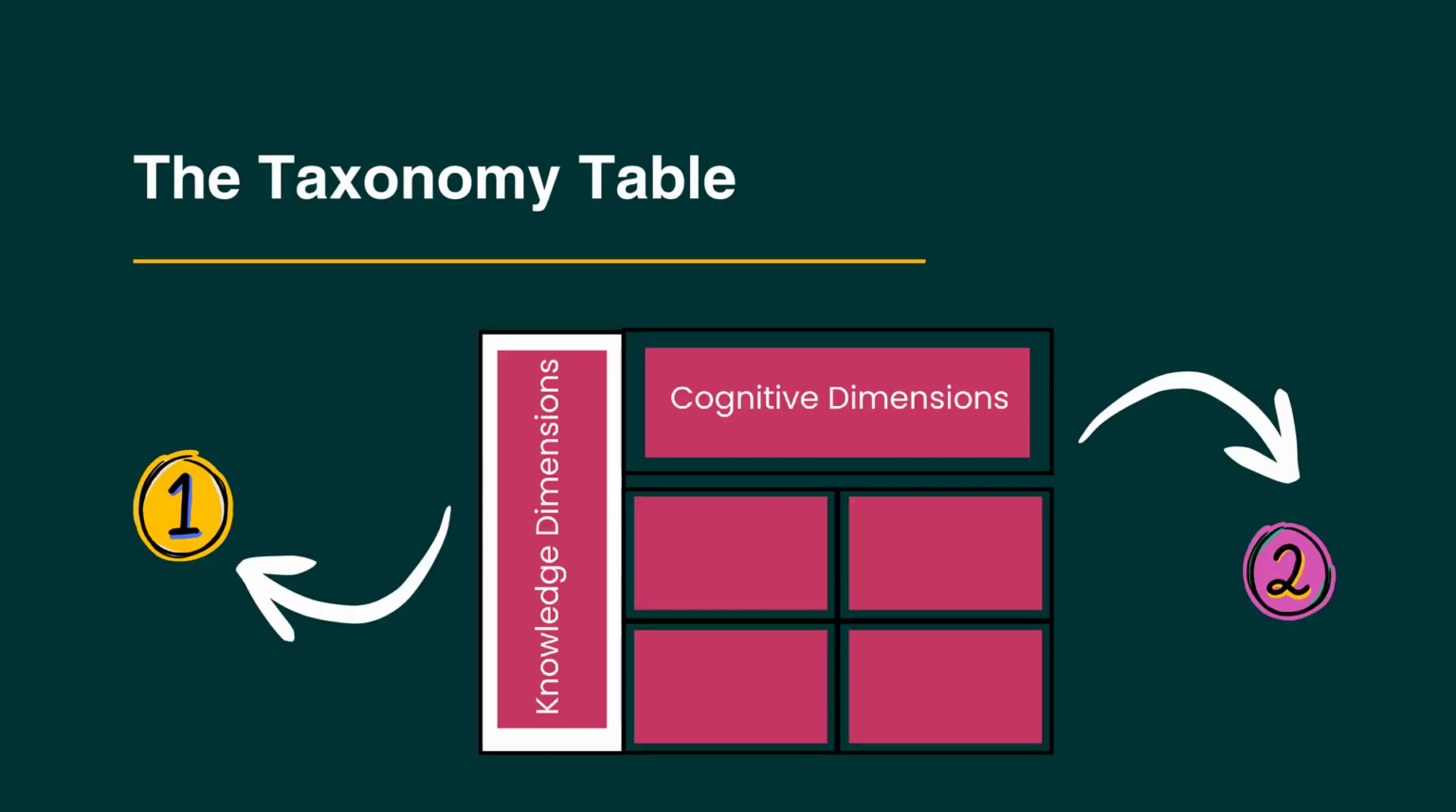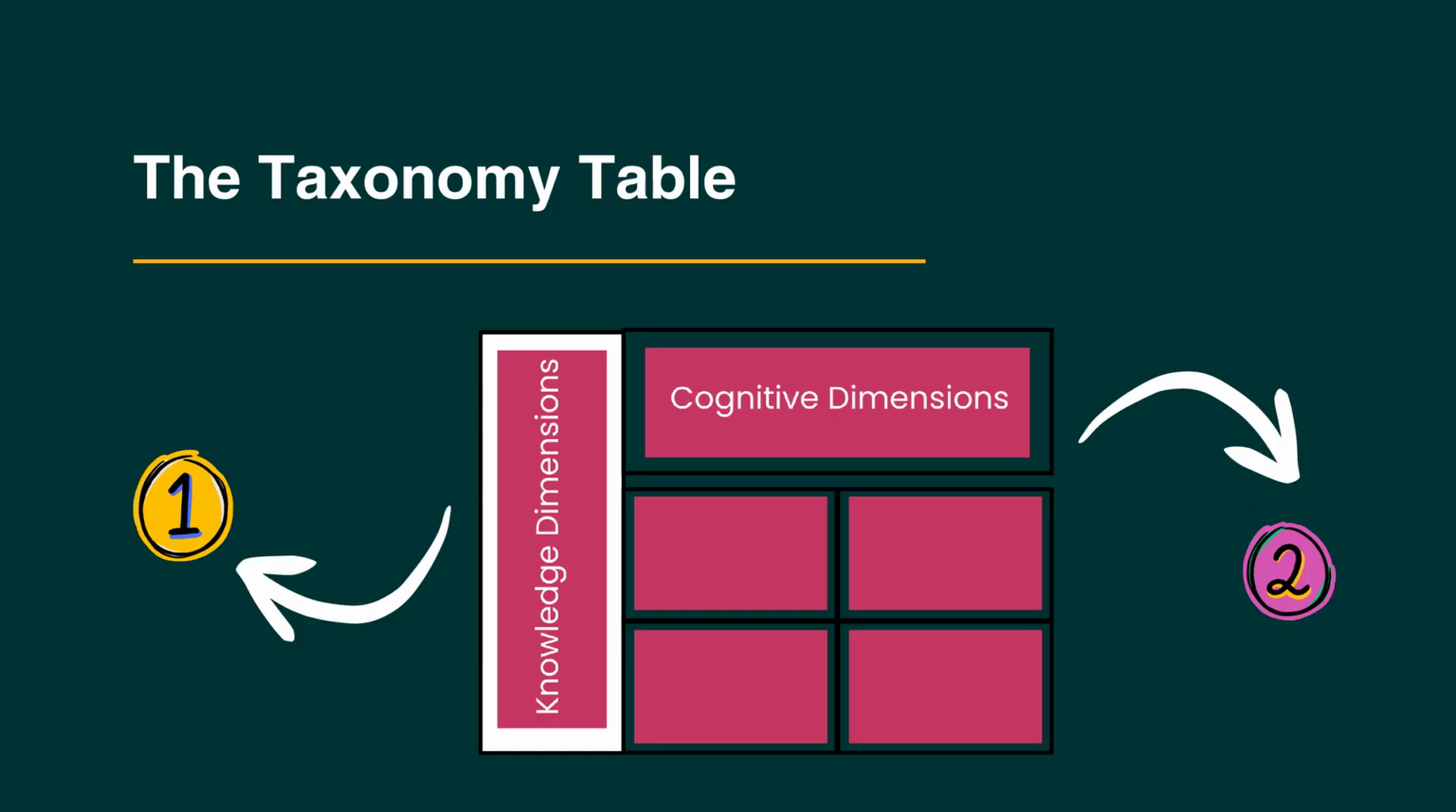The taxonomy table developed by Anderson and Krathwohl combines two dimensions, the types of knowledge and the cognitive processes dimensions. The taxonomy table helps trainers and educators systematically align their stories with learning outcomes. Instead of just telling a story, we can map it to the right knowledge type and cognitive level, making it